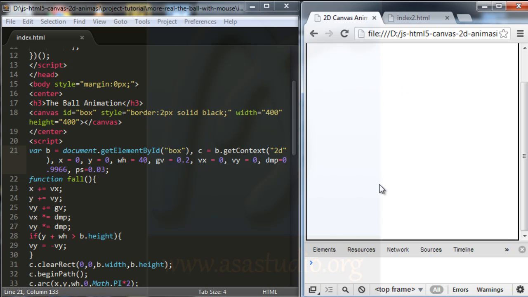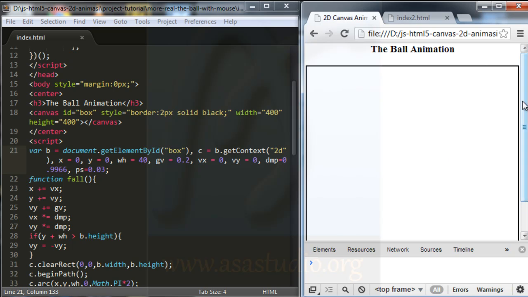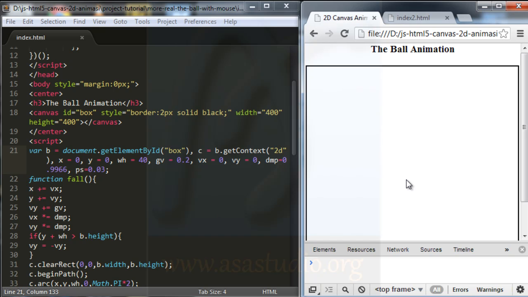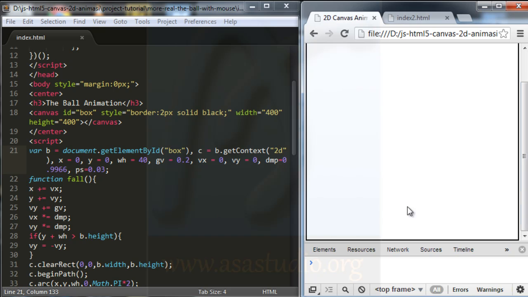And in this animation, I have the ball going out of the canvas. In the next video, I will add a function to keep the ball in the canvas, and I add maybe limits on the left, top, and right. I need this function to keep the ball in the canvas. Okay, next video.